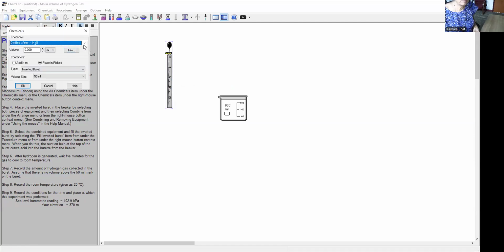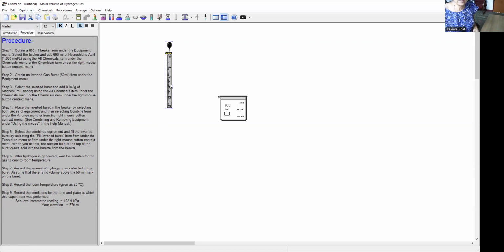Add the required amount of magnesium metal into the sample. I'm just putting in some number. So don't use my number, but I'm just demonstrating to make sure that you get the answer. Then invert this. Place the inverted burette by selecting the inverted burette, adding the metal, and then